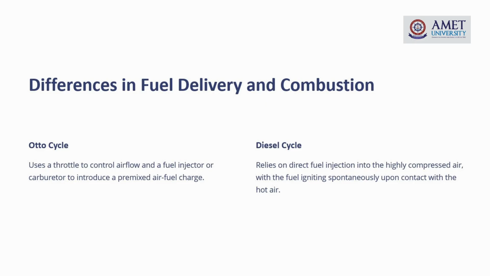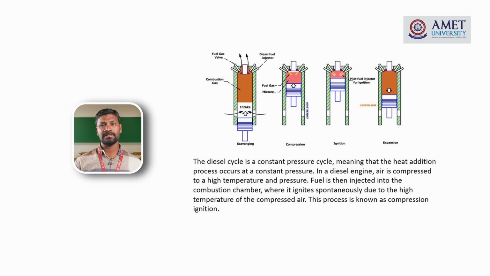Because in the Otto cycle, a constant volume process takes place after the compression stroke. In the diesel cycle, a constant pressure process takes place during the compression process. The major difference is in the suction: in the Otto cycle, only atmospheric air will be sucked during the suction process. Then in the diesel cycle, in the compression process, the air will be compressed. At the end of the compression process, fuel is injected by the fuel injector into the combustion chamber. So the atomization and vaporization of the fuel particles take place inside the combustion chamber.